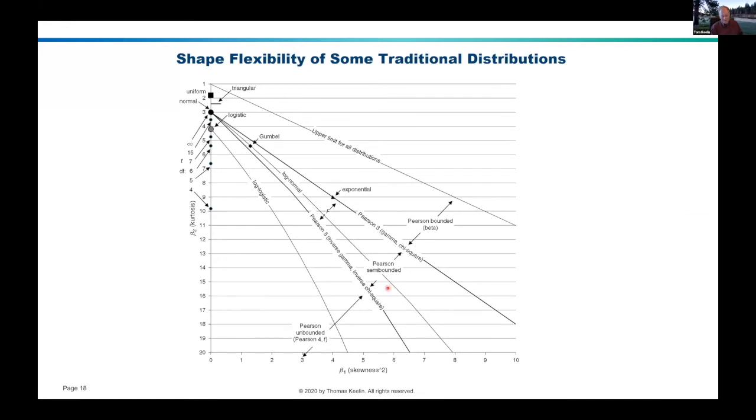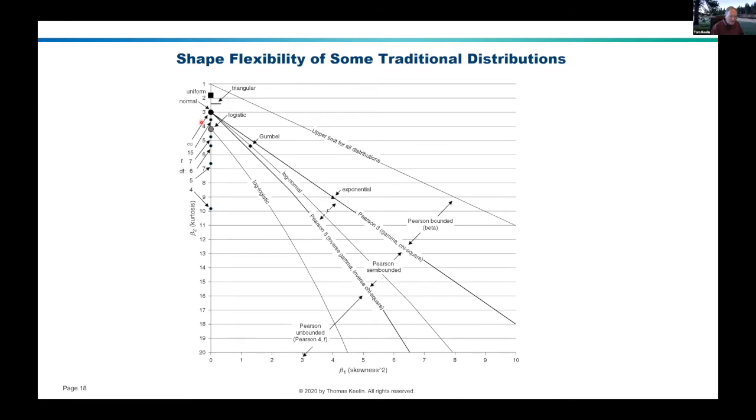Anything in this range corresponds to the F distribution, which also has two shape parameters. And then down in this range, you have the so-called Pearson 4 distribution, which is a very difficult distribution to deal with, which also has two shape parameters. Everything over here, as you go down this axis, you really have your student T distribution. So here's a student T with